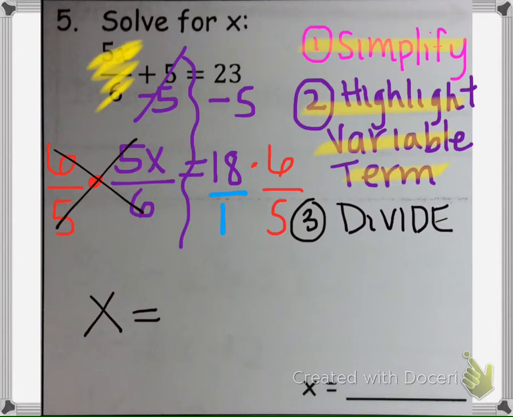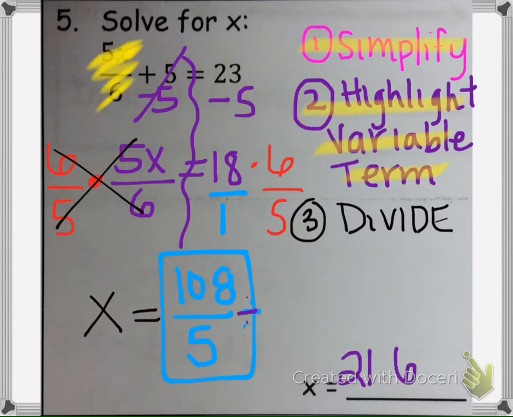So we can't cross simplify, so we're going to multiply straight across. So we'd have 108 over 5. So that would be as simplified as it can go. So that answer would work. As well as if you divide 108 by 5, you can also leave that as a decimal because it terminates, it ends. You'd have 21.6. So that answer would also be acceptable,